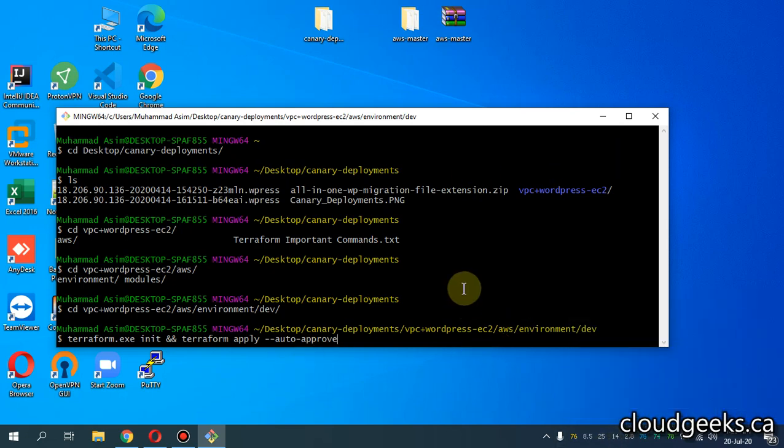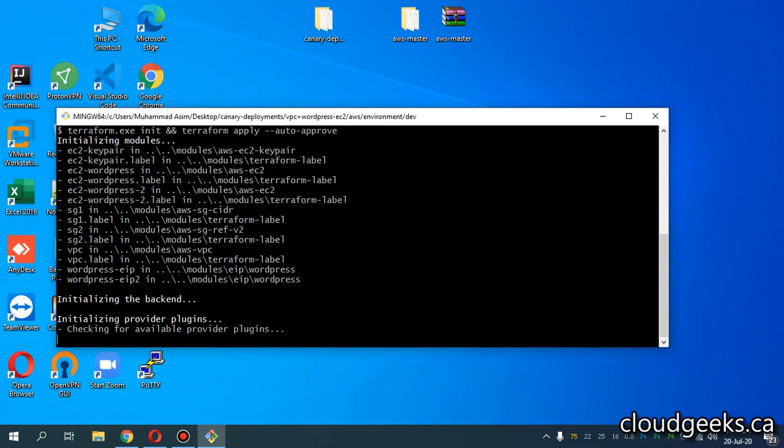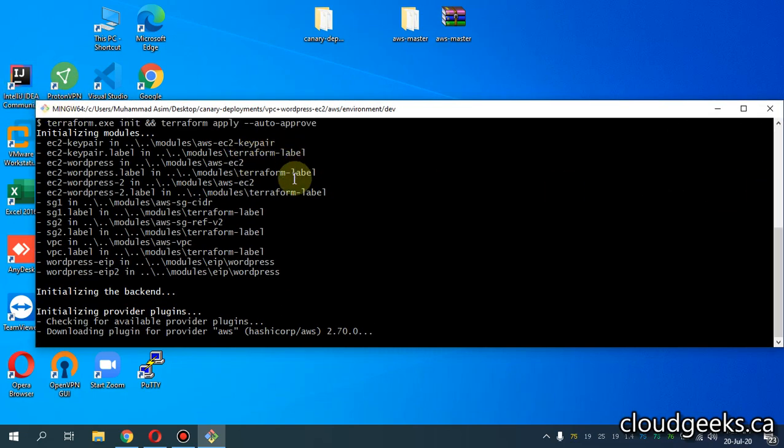So guys, this is going to simply first of all download the relevant packages which are the requirement, as I've already set up Terraform installed in my Windows environment. So let it download. Once it's downloaded, it is going to spin up two EC2 instances in a custom environment, and then I'm going to show you